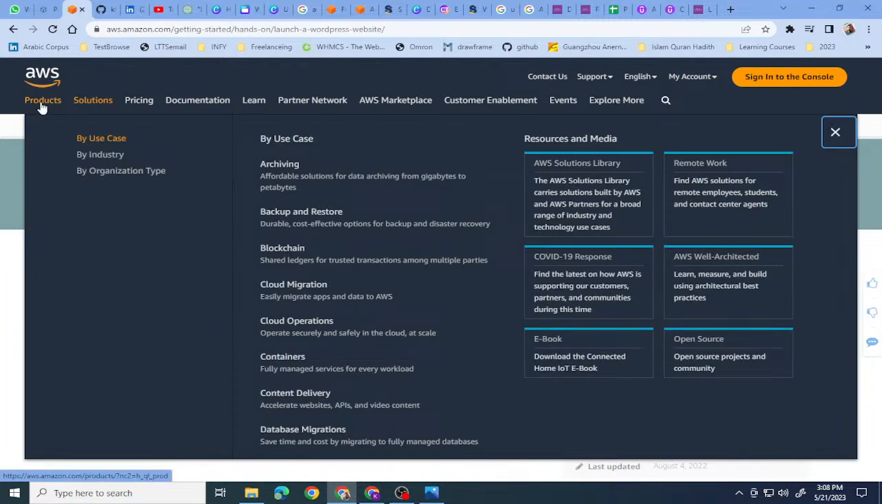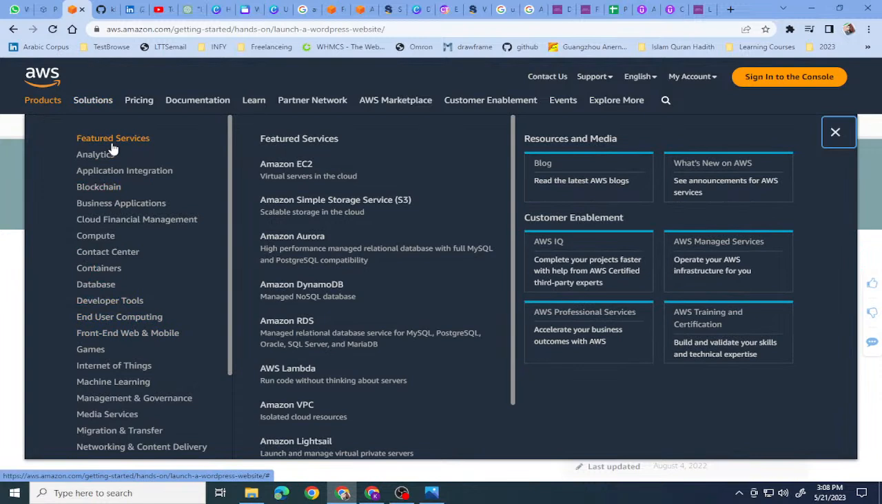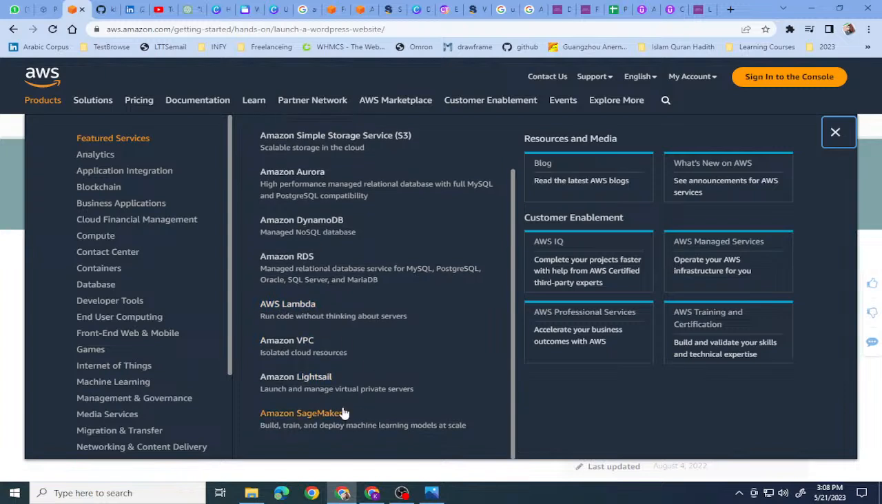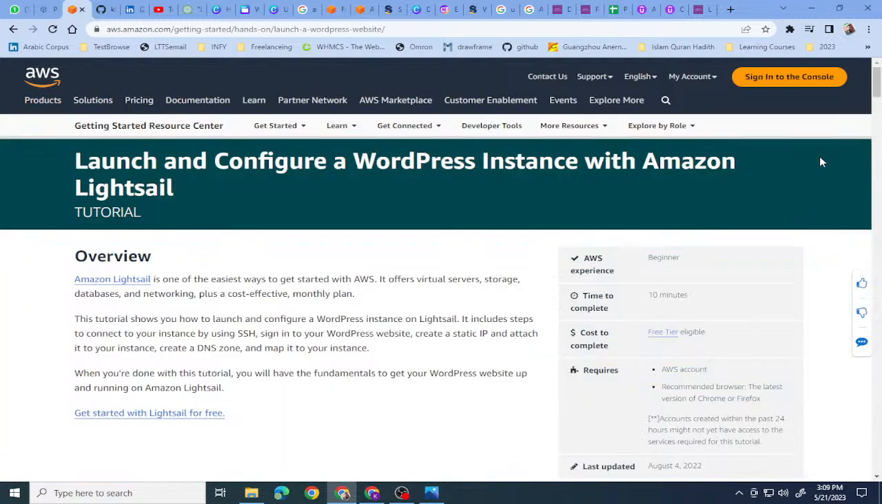So these are the products. You see a lot of products. EC2 is the virtual machine, virtual server. This is storage, and this is database. And these are functions, like serverless. Okay, any code you can run here. And this is VPC. Okay, a lot of things. Cost to complete, free tier eligible,